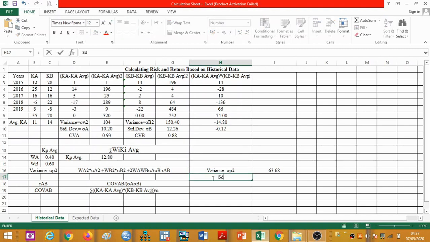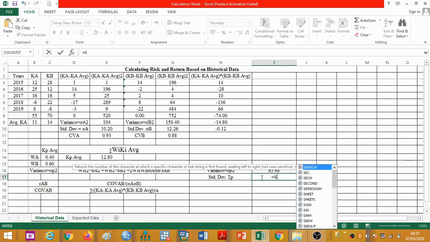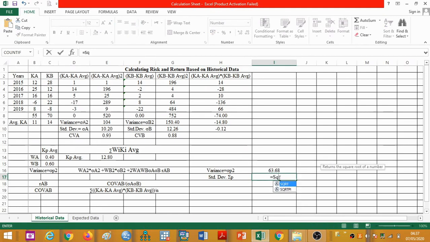Standard deviation of the portfolio, that is sigma P, that will be equal to square root, we already know this, square root of this value,